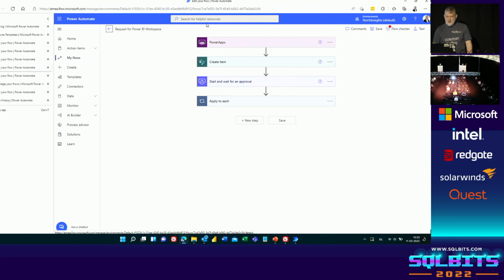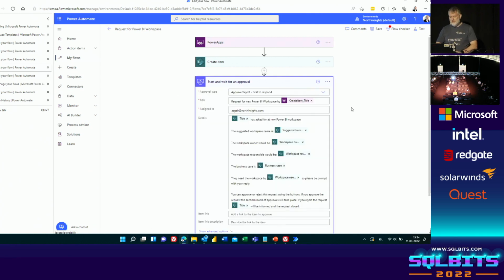So basically, what we do is we have a Power Apps app that you fill out with all the information that we need to create a workspace. Then we create that request. We put it into a SharePoint list. It's just to have a record of that, and that it's under approval. Then we send it for approval, and in this approval engine in Power Automate, you have a couple of options. So it's built in. The only thing you need to